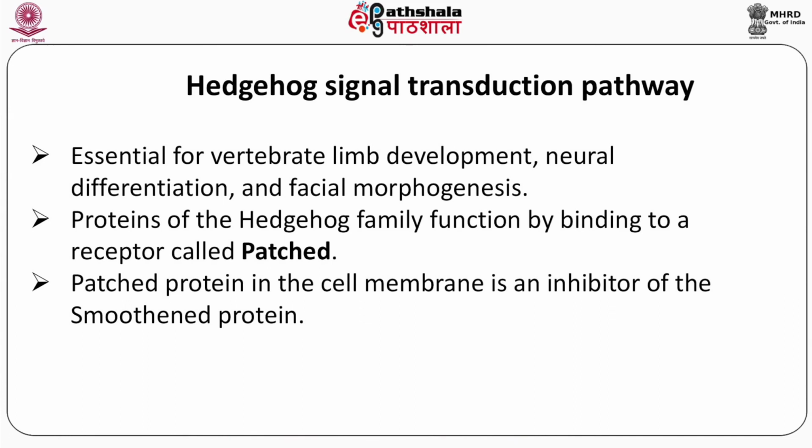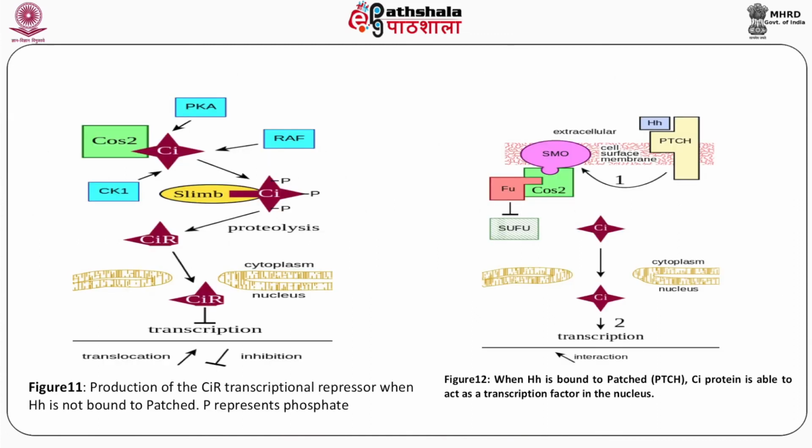The Hedgehog pathway is essential for vertebrates' limb development, neural differentiation, and facial morphogenesis. Proteins of the Hedgehog family function by binding to a receptor called patched. Patched protein in the cell membrane is an inhibitor of the smoothened protein. In the absence of Hedgehog binding to patched, the cubitus interruptus, CI, or the homologous